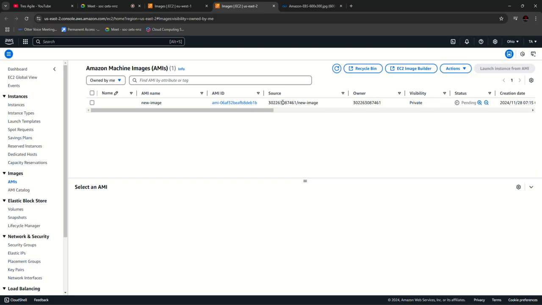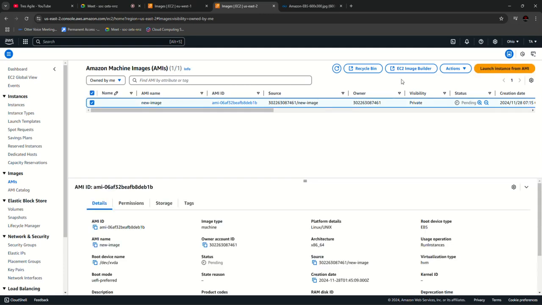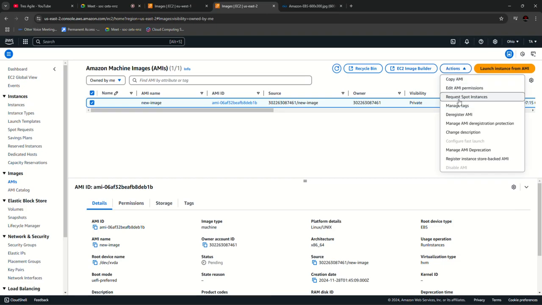It's pending, it will still take some time to copy, obviously. But this is how you can copy, and you can create this instance now in this region if you want. Because you took a backup of the server, the data will be present, obviously, and you copy it to this region and use it. So like that, you can copy from one region to another region